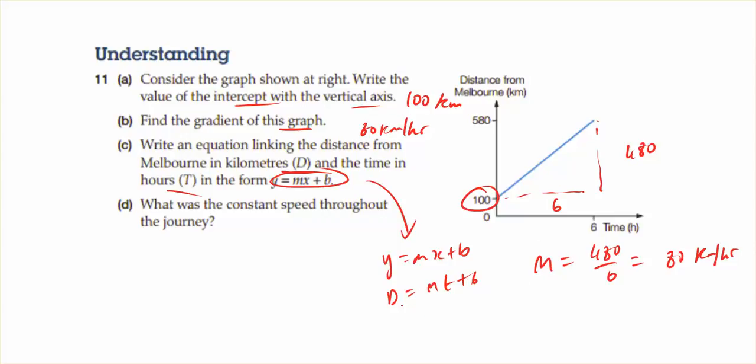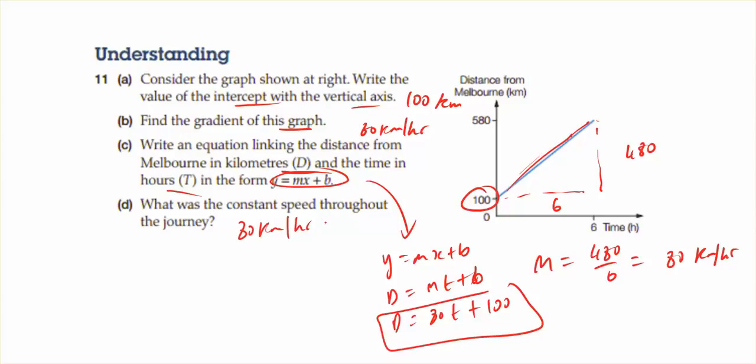So I know that the gradient is 80, so 80t, and the intercept, my b value, happens to be 100. So that's my equation with respect to distance versus time. So what was the constant speed throughout the journey? We can see the gradient, the slope, is the speed, and we know the speed is 80 kilometers